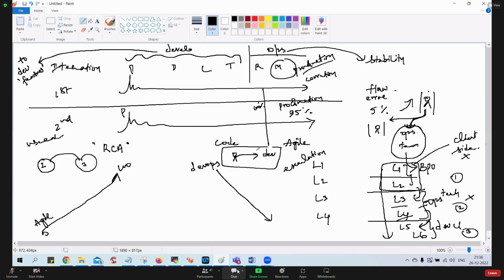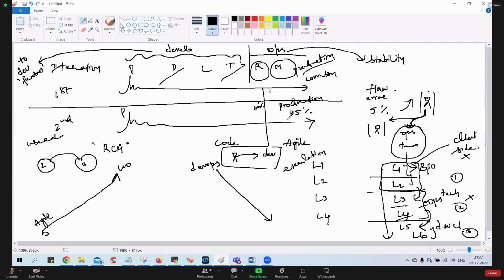They'll tell you a story: okay, already the code has passed development, already the code is tested, already the code is through the release cycle, so why do you think it is a code problem now? This is the answer they would have. You got it now, guys? The developer will definitely tell you that we have already tested in development, the testing team has already verified that it is working, and in the release cycle it is also proven. Only then we deployed to production.